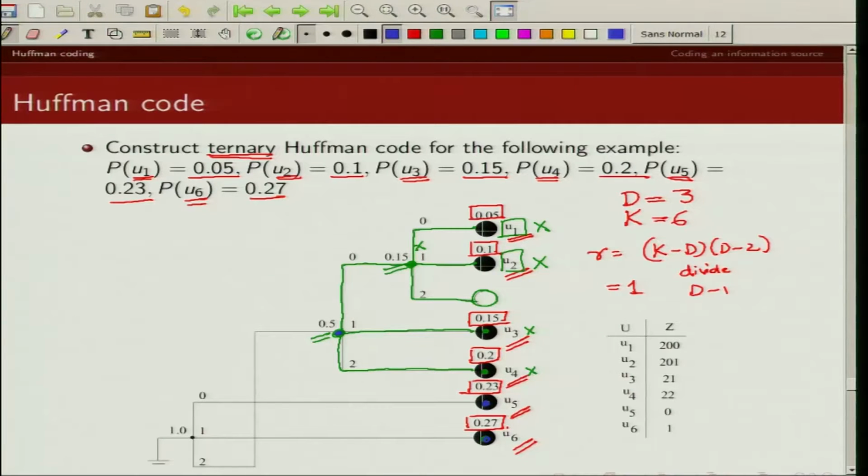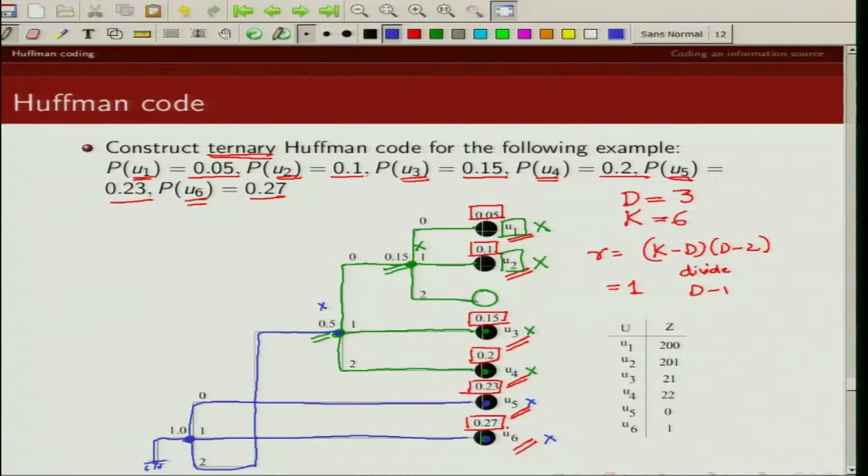I combine all of them: 0.5, 0.23 and 0.27. So I get this, I get this, and I get this. So there's one node left, I deactivate these nodes, so there's only one active node left, and I make that my root node.